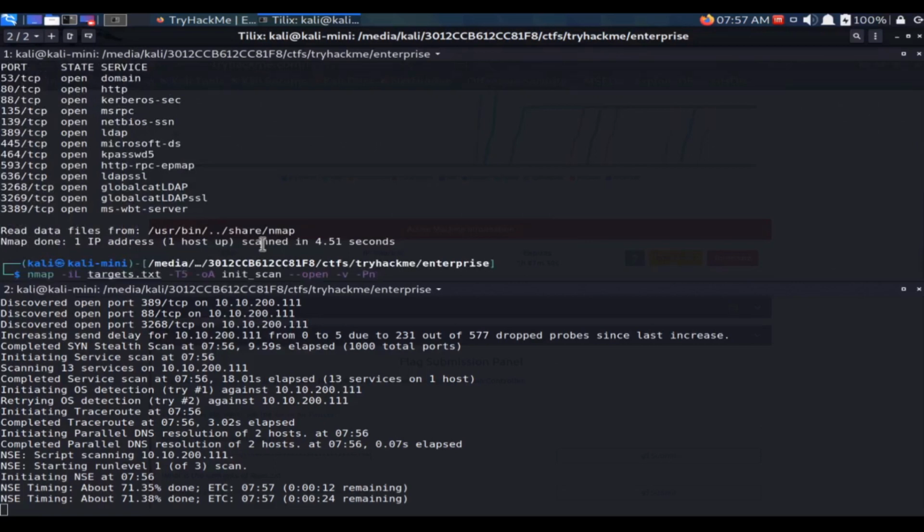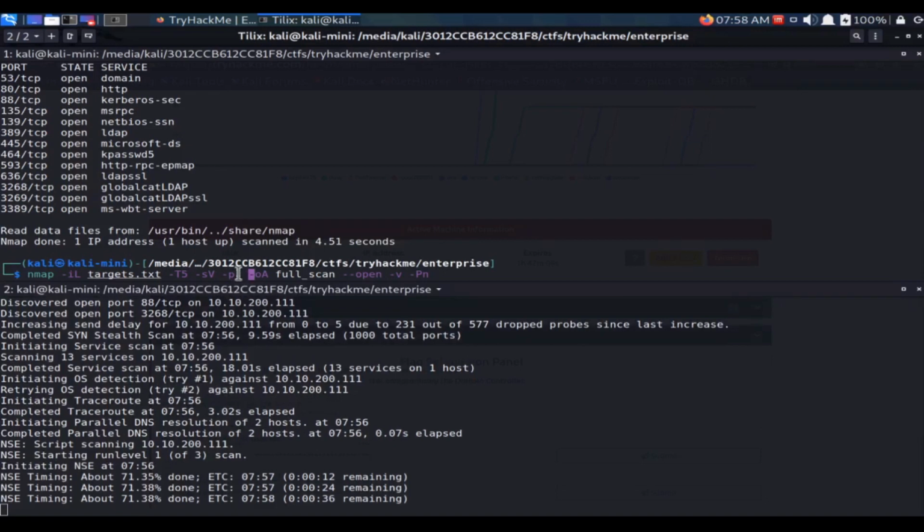We'll go ahead and do a more full port scan. So I'm just going to change this to full. We'll want to get service versions again, and we'll do -p- . What this is telling Nmap is that you can specify a starting port and then an end port. By us doing nothing before or after the dash, it basically is going to scan all